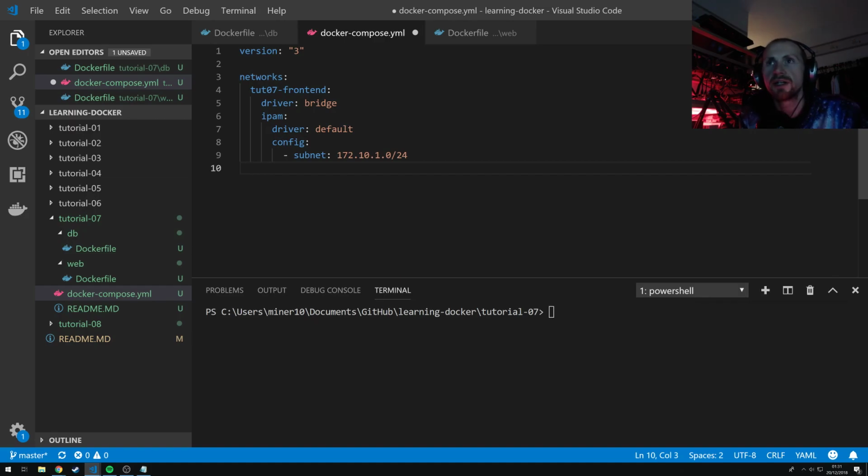Now our second network is going to be tut07-backend. Same sort of thing really. The only difference is going to be, if I can spell this right, it's going to be our subnet. So it's going to be a driver, it's going to be bridge. If I can spell right today, I can't even type. IPAM is going to use a driver, a default, and a config of subnet